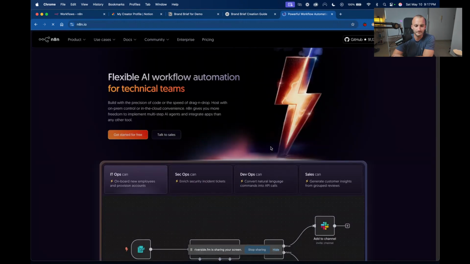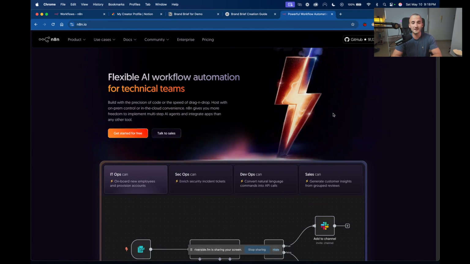This is N8N. N8N is one of the leading automation tools right now. I think if you talk to tech people like me, we are all in agreement that N8N is the best automation tool right now. Obviously, there's always discussions about everything. If you are facing people that are a little bit less techy, they're probably going to use Make.com